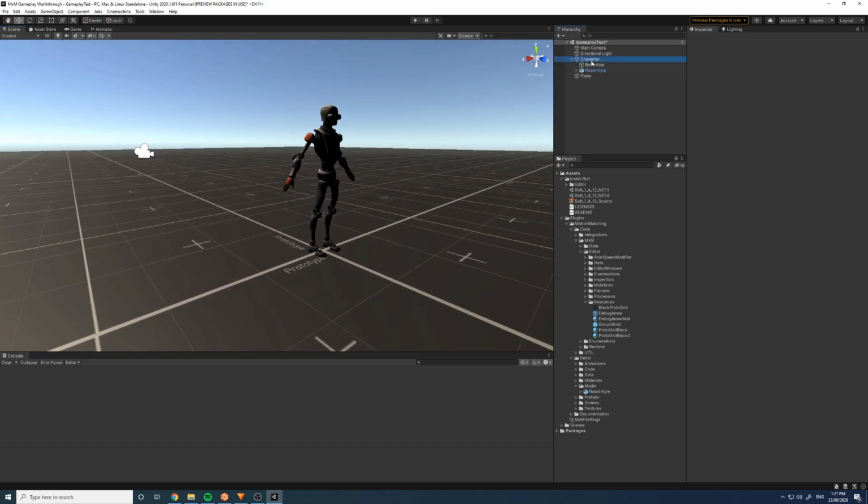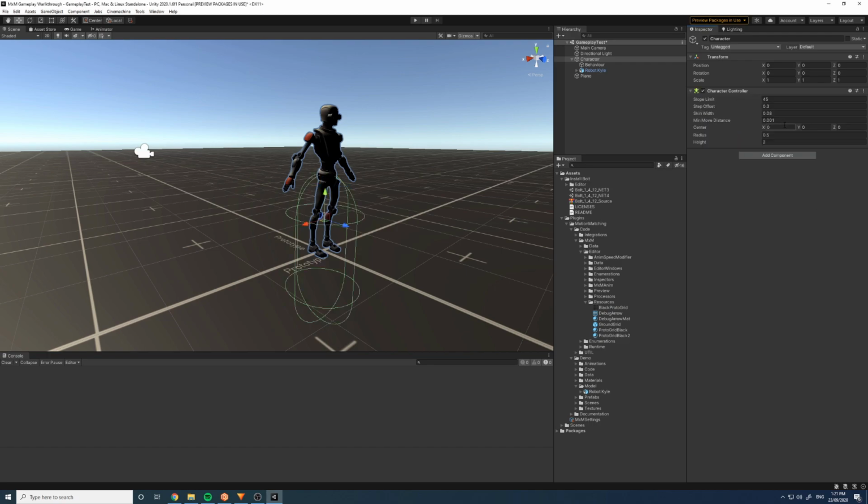Let's set a few things up on our character here. First of all, we're going to add a character controller. Now I'm just using the Unity one here. We'll put the Y up to 1 so that it's in line. If you're going to use your own, that's fine. Just you're on your own in that department. I can't do a tutorial for every single possible one out there. So yeah. Anyway, we're also going to need to add a generic controller wrapper,